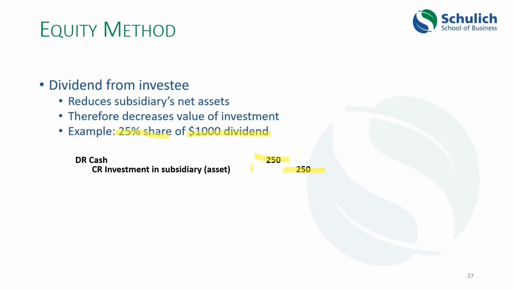Accounting for it in this way prevents the investing company from using its influence over the investee to declare a dividend and have it show up on the income statement. So that is preventing the possibility that the investor company could use its influence to affect its own income statement, because it goes directly from the investment line in its asset section to the cash line on its asset section without flowing through its own income statement.